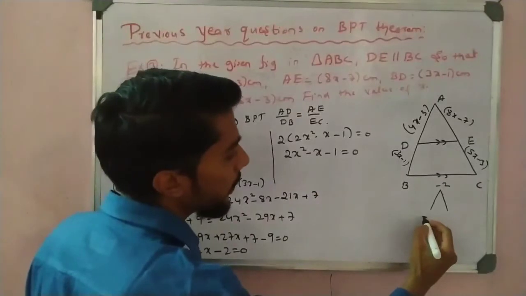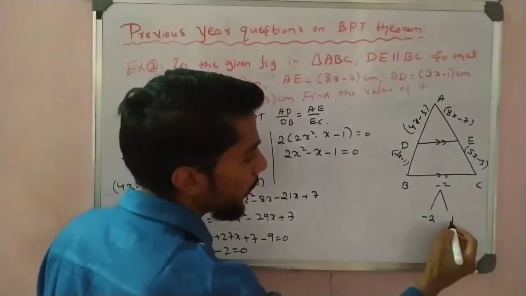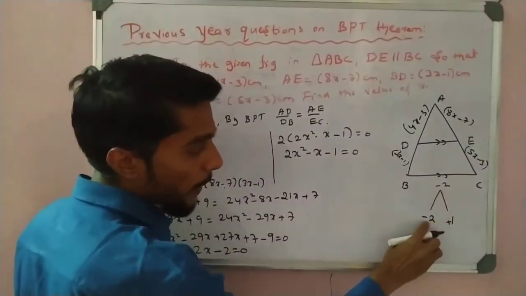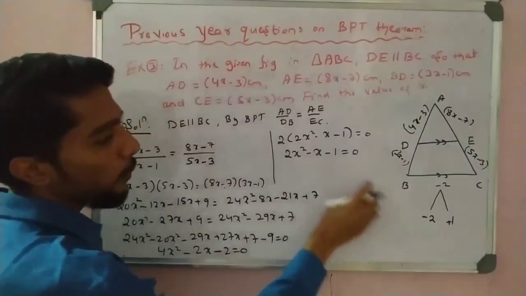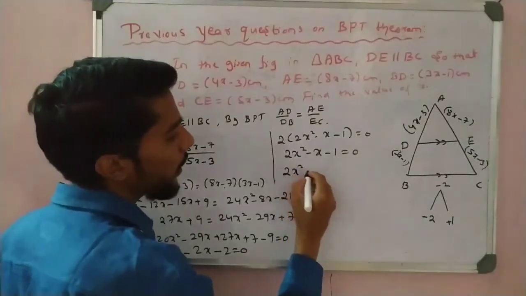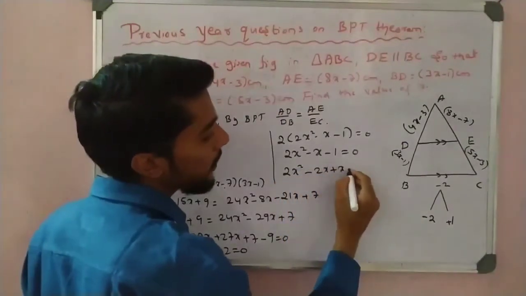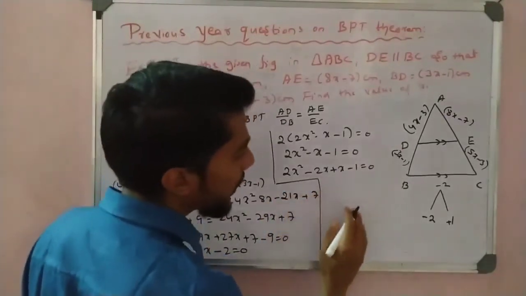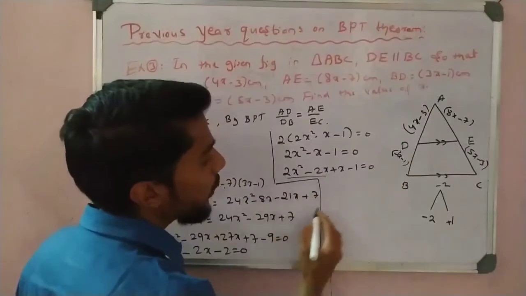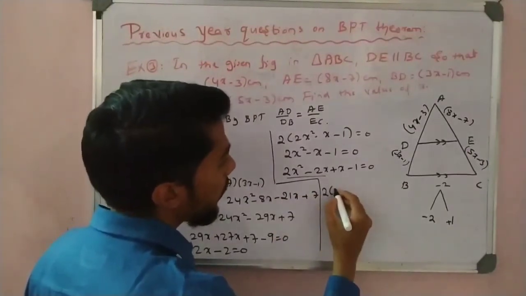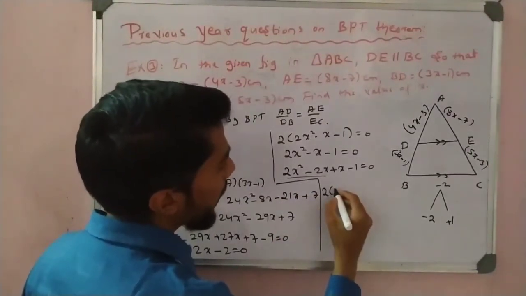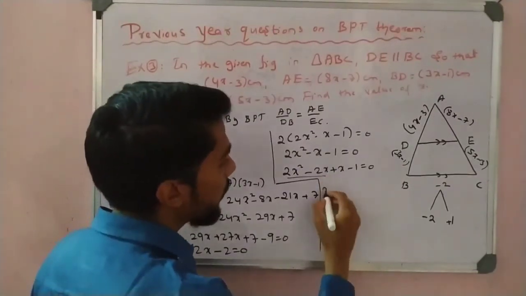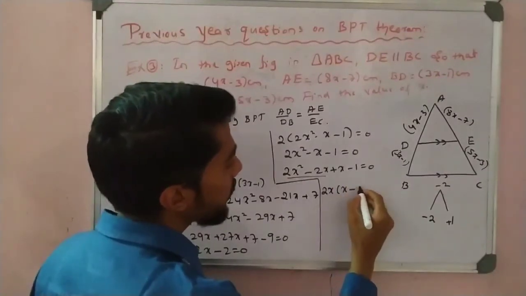So it is simply minus 2 into 1. Minus 2 plus 1 is minus 1. Correct? So put this value, that is 2x square minus 2x plus x minus 1 equal to 0. Okay, now make such that the brackets are equal. See here, in this 2x is common, so I can make 2x common. So what happened here? It is x minus 1.